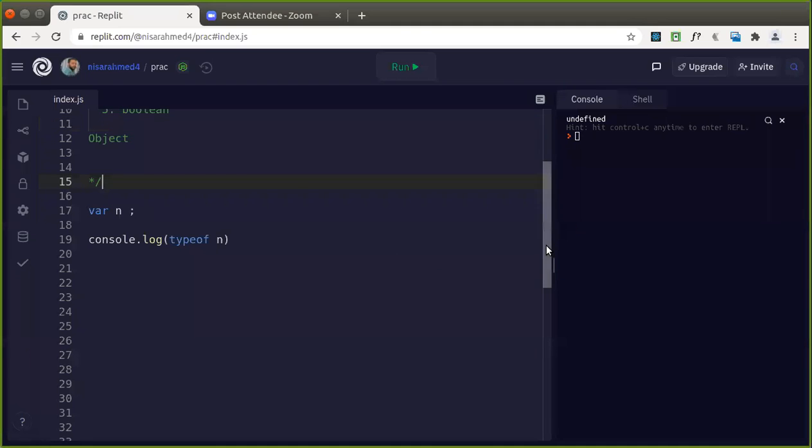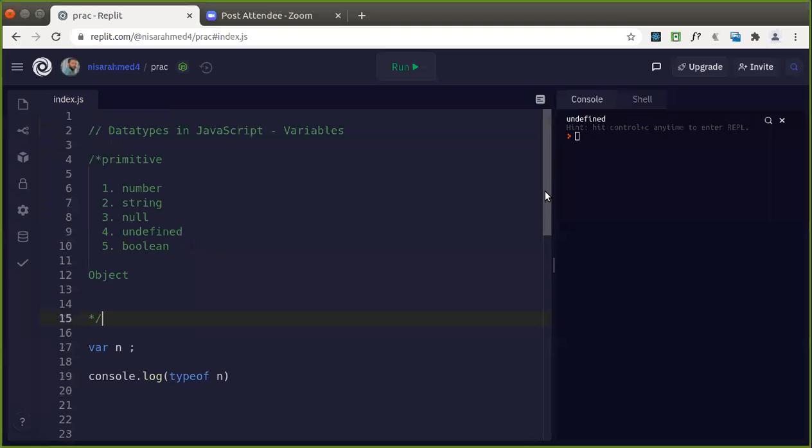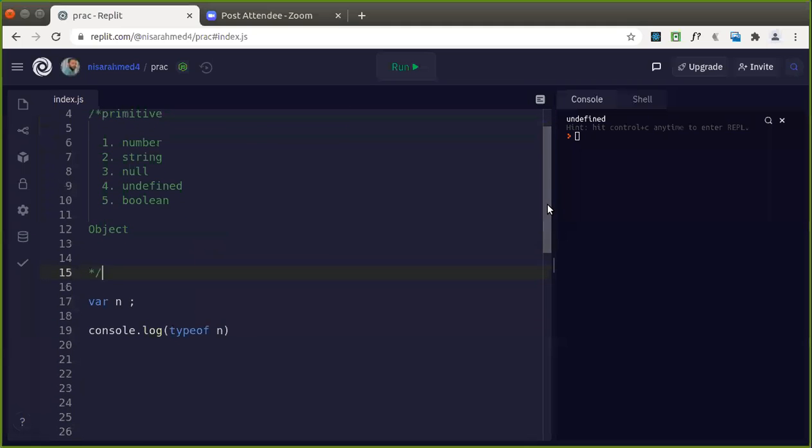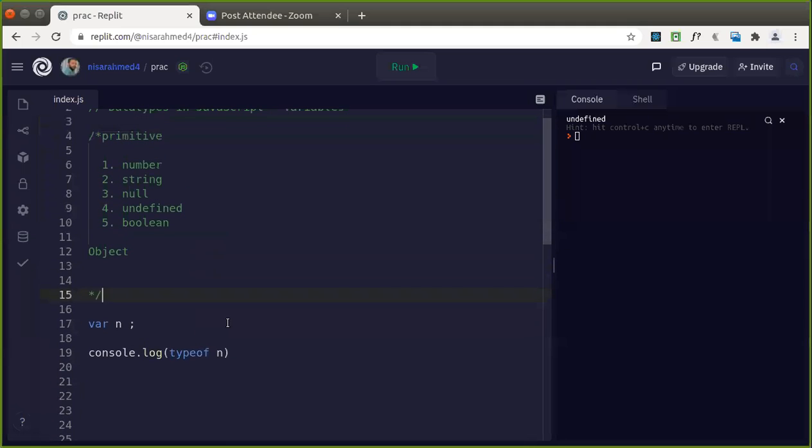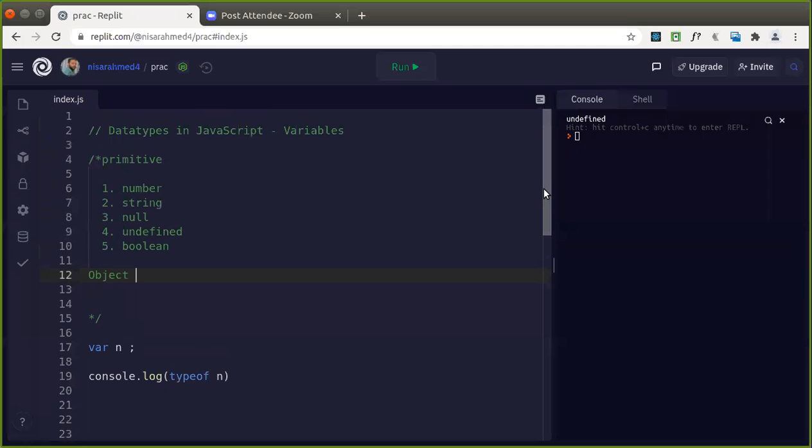So typeof will indicate the data type of the variable n. That is what? Undefined. Is that okay? So data types. What are the data types that we have in JavaScript? First, let's talk about number. Now, suppose I assign the value of n as 10. What does that indicate now?